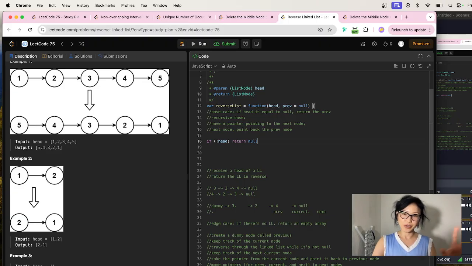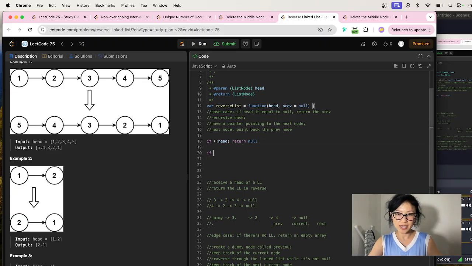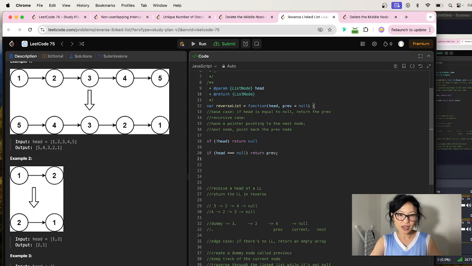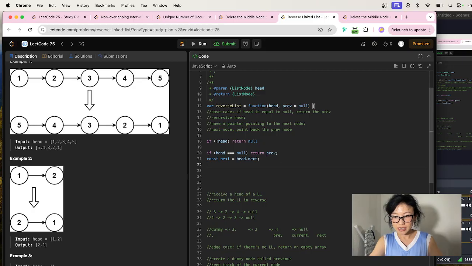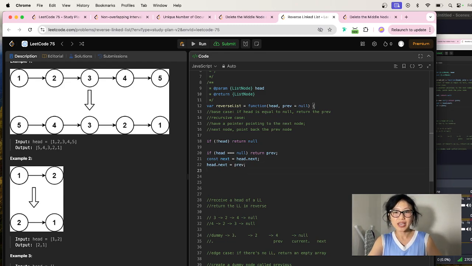So this is another optional edge case to add, but the base case is that if head is equal to null, then we return previous. Otherwise, we say const next equals head.next, and then head.next points back to previous, and then return reverse list of